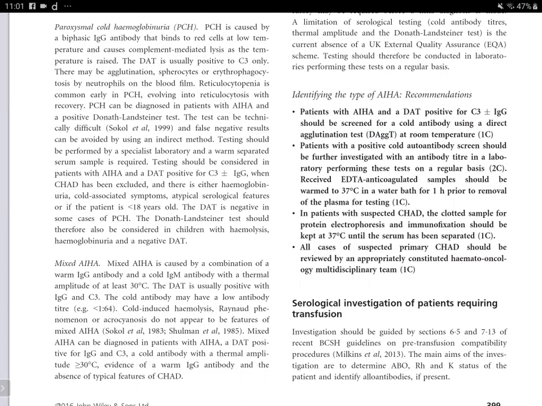Actually, there is some question also about why it needs to be kept warm. I think we went through this yesterday as well: basically we are ruling out other causes that may be present. Since there will be a positive cold antibody screen, we need to further investigate it for other antibodies that are present. So we will raise the temperature so that the cold antibodies are removed from the surface of the RBCs, and then we can test for other proteins that may be present, other clinically significant antibodies.